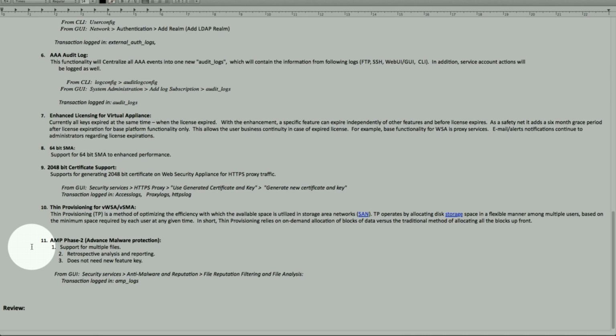AMP, so this is the Advanced Malware Protection, Phase 2. Some of the additional functionality that it supports is multiple file scanning and retrospective analysis and reporting, and it does not need a new feature key. So if we have feature keys already enabled, it will support Phase 2. And that's under security services. Let's take a look. So basically under security services, anti-malware protection,